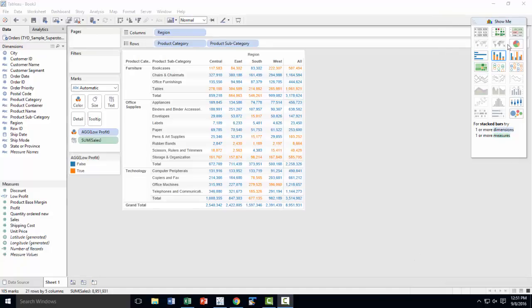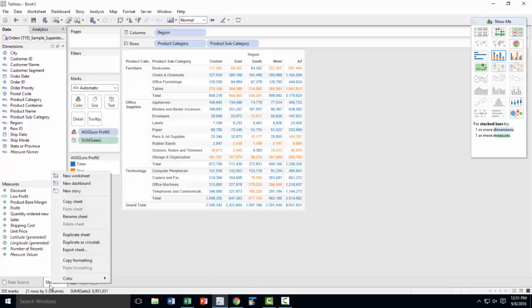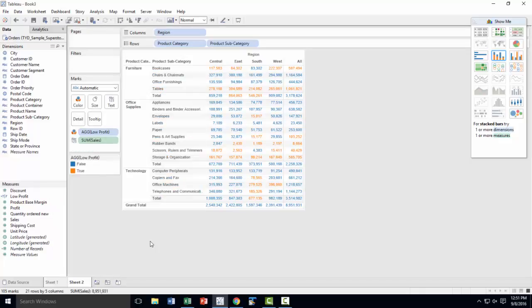Okay, so the next chart we're going to look at is the highlight table. Let's go ahead and duplicate this chart. So, duplicate sheet. It's because we're going to use the same data. So now,